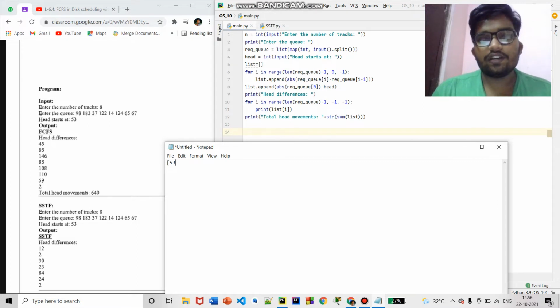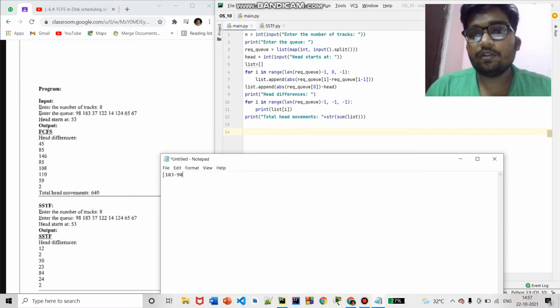Assume we are at head 53 now. If you have to move to 98, we'll just have to calculate the difference between 53 and 98, right? So 98 minus 53, that difference will be taken, and after that you calculate the difference from moving from 98 to 183. Once you move to 98, you're present at 98 now. From there, if you have to move to 183, you will just subtract 98 from 183. Once you are at 183, you just have to subtract the next number from that. In that way, you'll be calculating the total head differences while serving all the requests. So that's how we'll be simulating this algorithm.